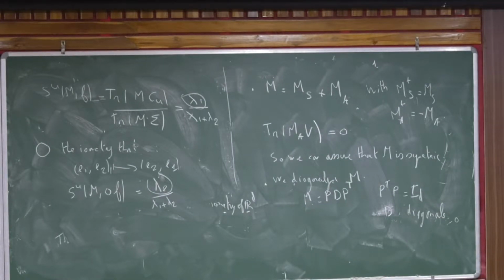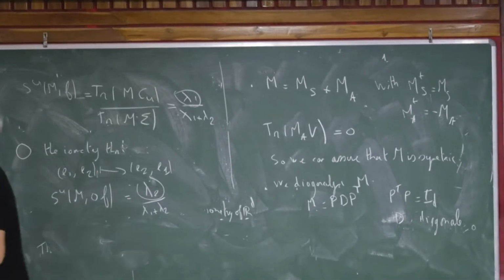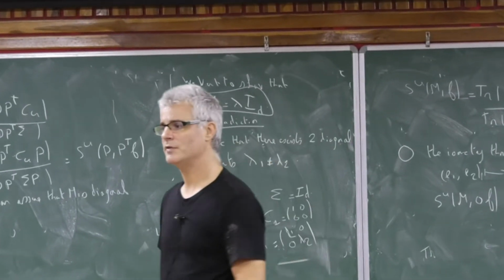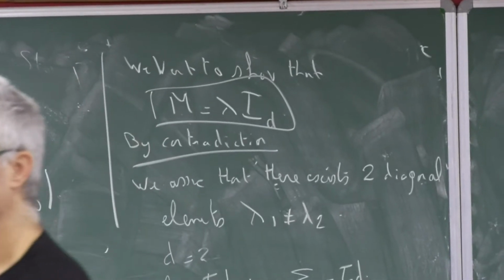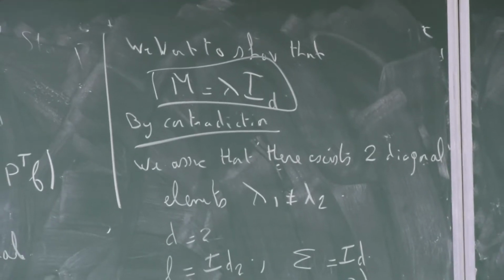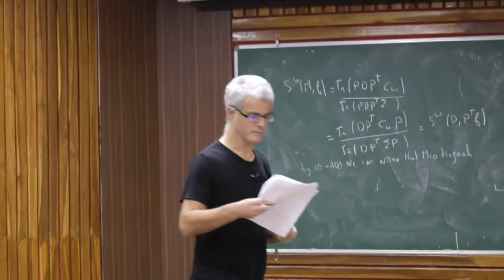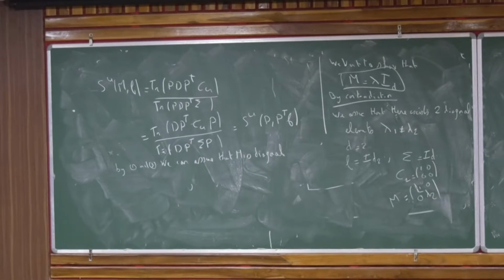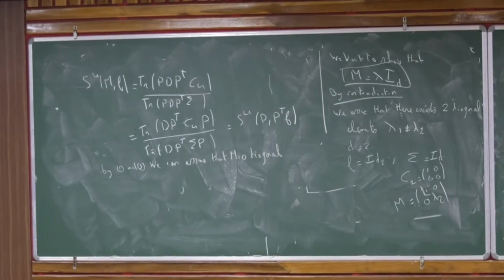Now I know that M is lambda times the identity. And now it's easy to check that replacing lambda times the identity by the identity does not change anything in your index, because you will multiply the numerator by lambda and divide the denominator by lambda, so it will simplify. Any questions?